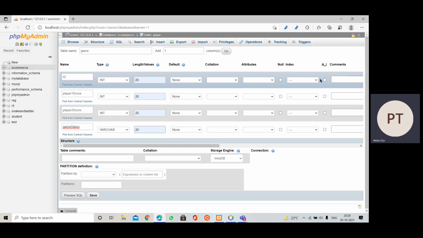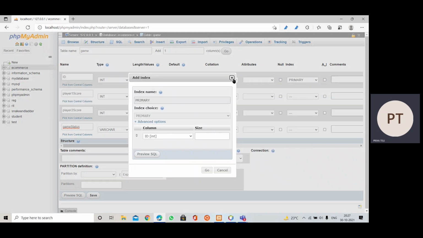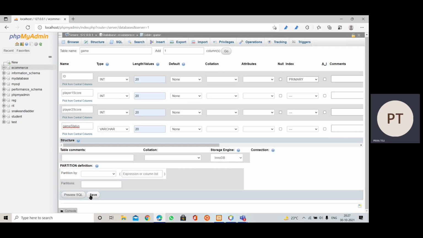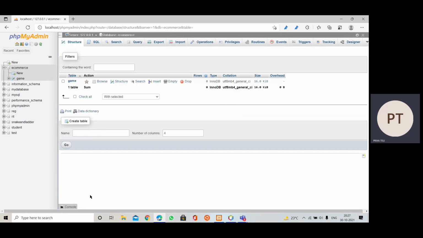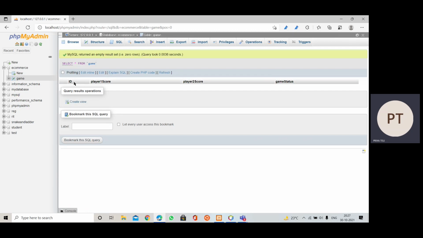Then we can set a primary key, so that the ID will be unique each time and will not be null. Then we just have to click the Save button. We can see the table has been created. We can look through the Browse button, and it appears this way, and we can insert data from here.